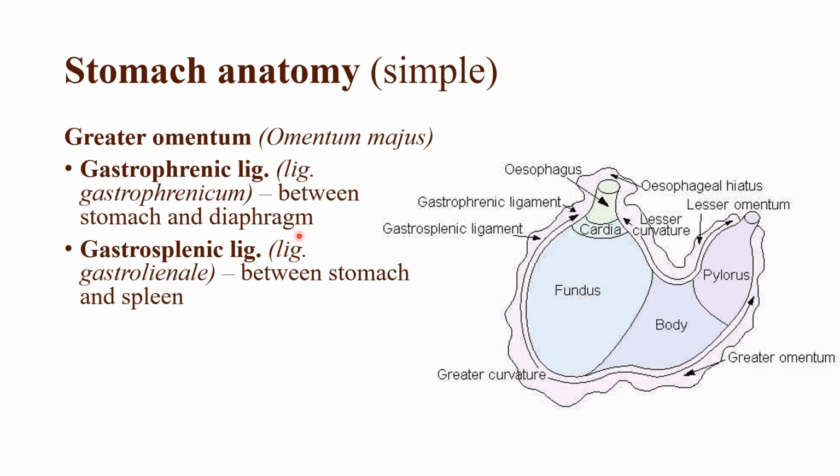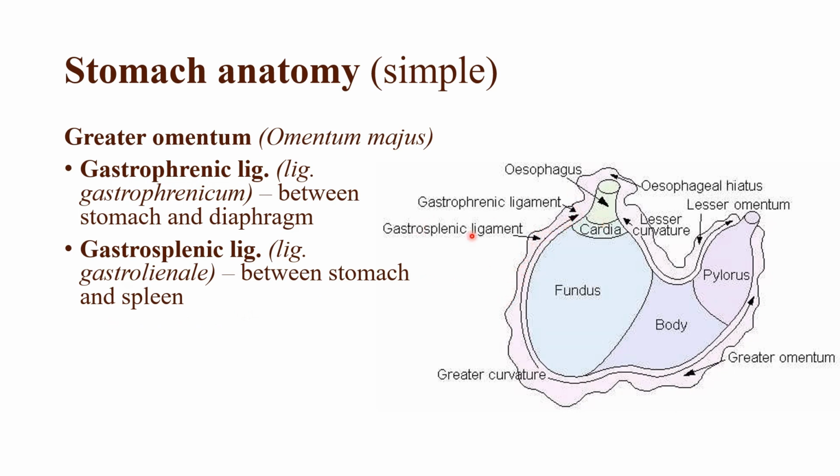It does sound a little bit different in Latin, but it's also the same ligament, and in different literature there are different terms for it, so I just put a different one right here. And it's basically a ligament between the stomach and the spleen, and it's right here, so just a little